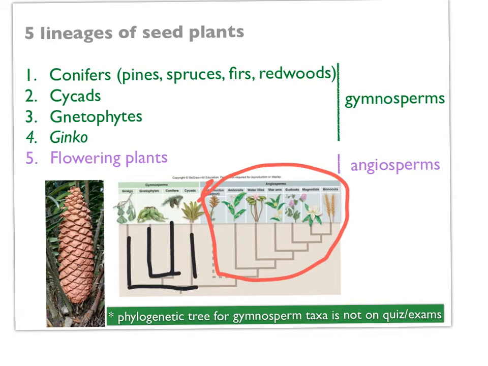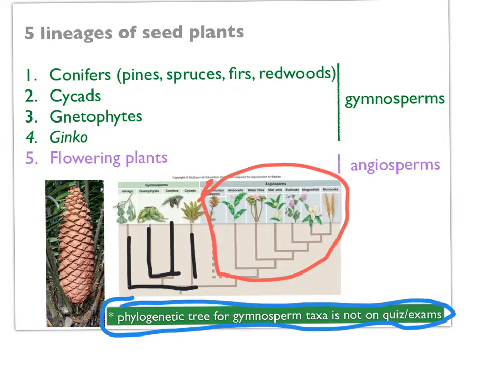So the phylogenetic tree is important. The phylogenetic tree for gymnosperm taxa is not on the Quizzer exams. In other words, you don't have to know conifers or cycads. But you do, I imagine,